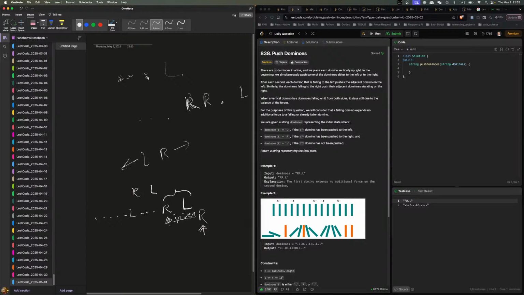So this is the rightmost, right? And I go. If I have dot, it's fine. If I have R, I'll replace it, and everybody will become R, and eventually I'll hit a left. Now, when we hit a left, it depends on if I have even or odd, right? If I have odd, then the center one will remain. Everybody else will become R and left, right? If I have even, then we have just R and the left. We don't have anything in the center. Once it's done, we call it dot. If it's a left,